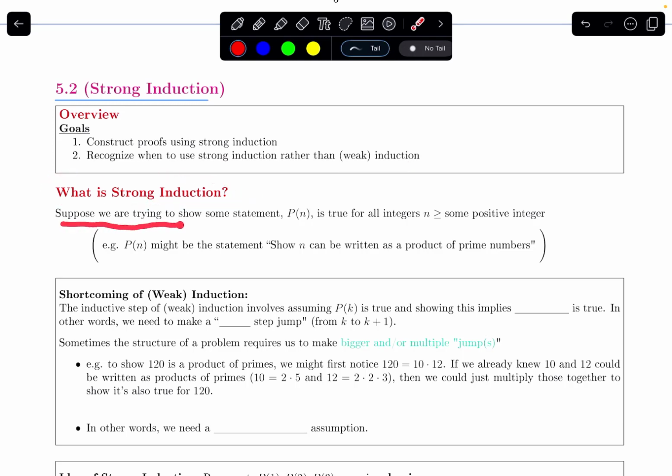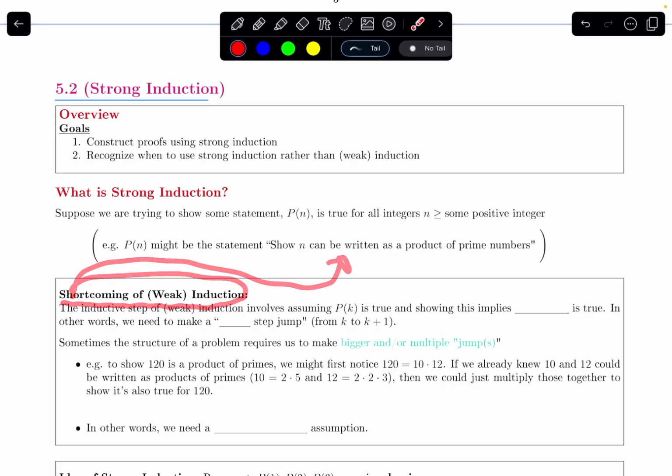Suppose I'm trying to show some statement P of n is true for all integers n that are greater than or equal to some positive integer. So for example, maybe P of n is the statement that n can be written as a product of prime numbers. Okay, so I first want to talk about a shortcoming of weak induction when it relates to trying to